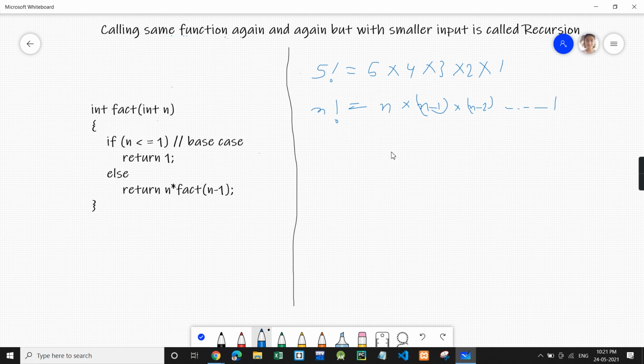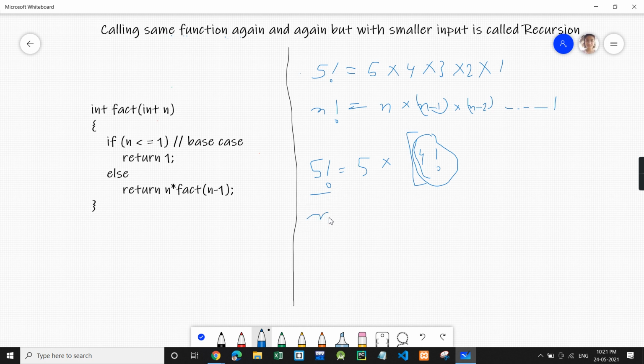Suppose we know 4 factorial, can we calculate 5 factorial? Yes. We can just multiply 5 with 4 factorial and we'll get 5 factorial.